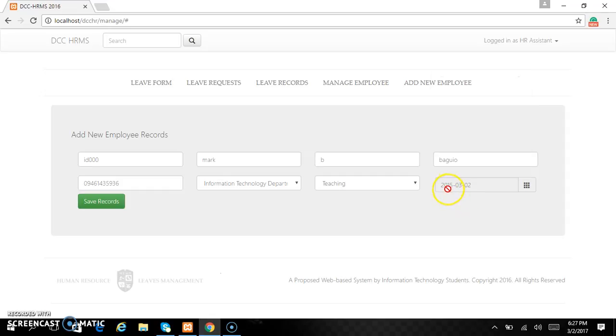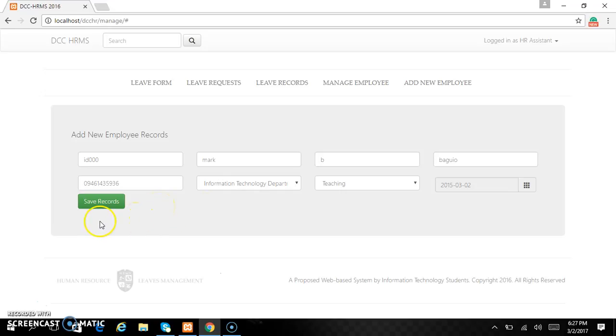As you can see, 2015, March 3, and the current year now is 2017, so there are 2 years, 2016 to 2017. So if we create this account, it is already 2 years in service.